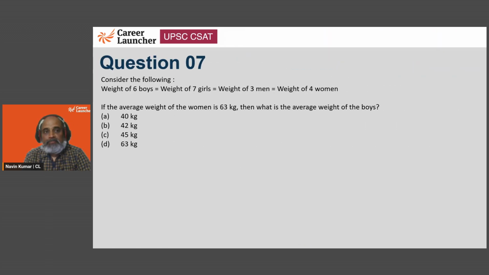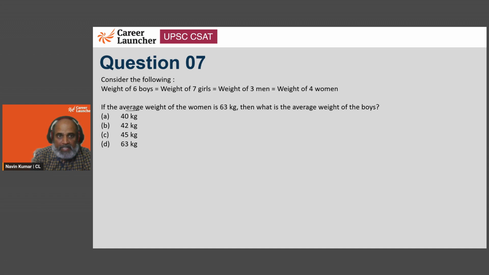Another problem. Consider the following. Weight of 6 boys is equal to weight of 7 girls is equal to weight of 3 men is equal to weight of 4 women. If the average weight of the women is 63 kg, then what is the average weight of the boys? Well,